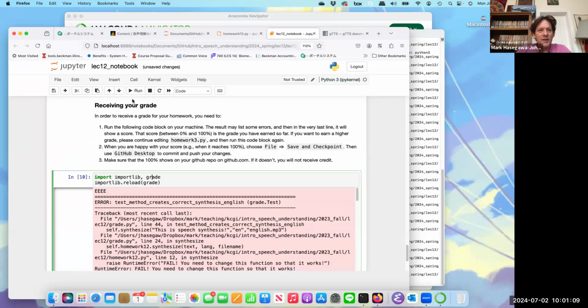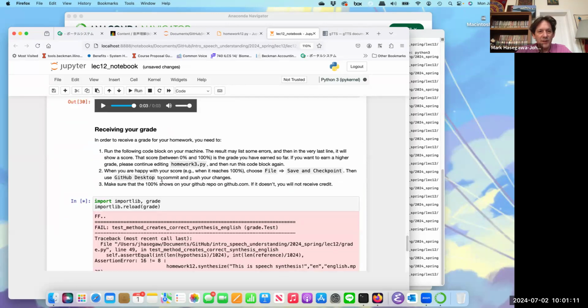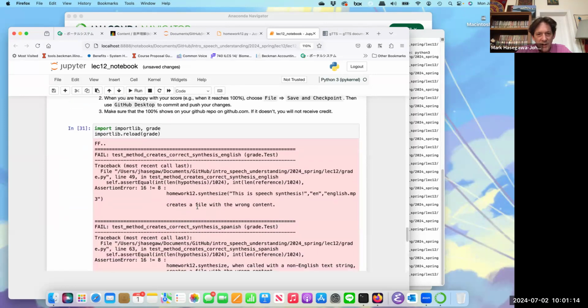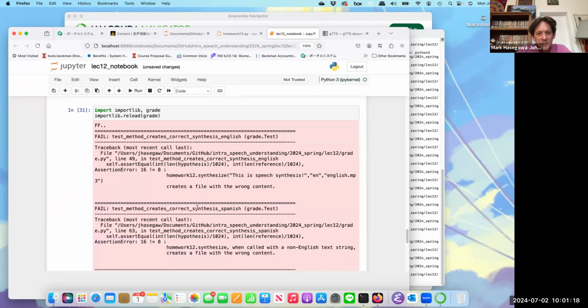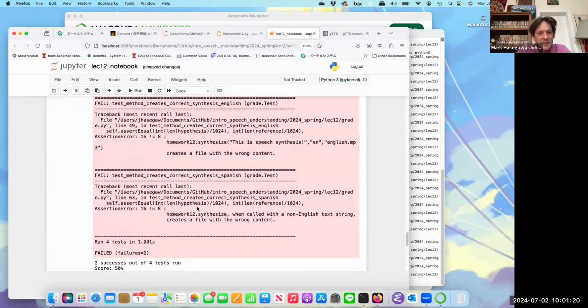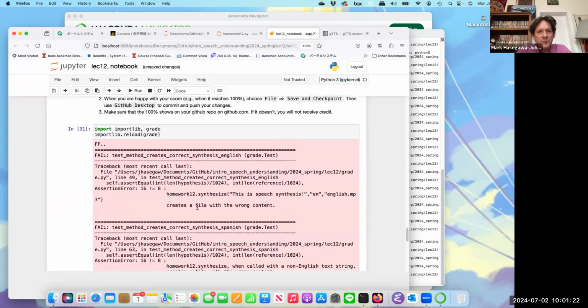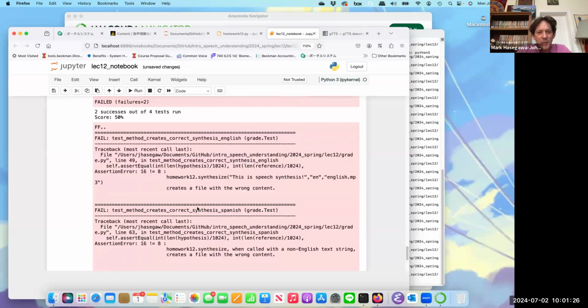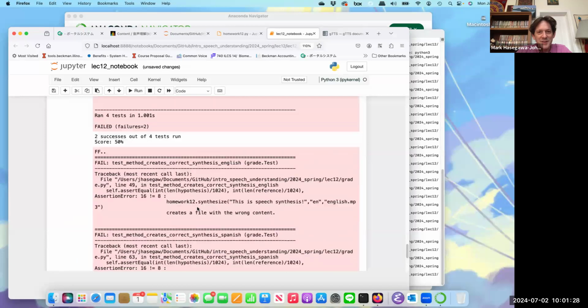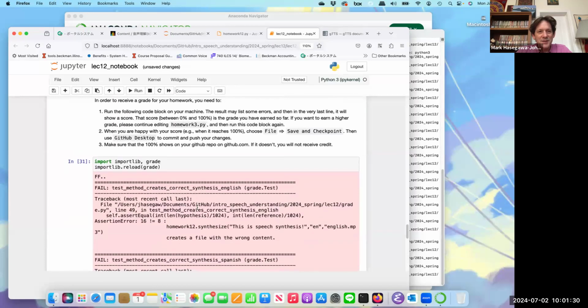And if you have that working, then the automatic grader should work unless the automatic grader uses no, it created a file with the wrong content. Okay, that means that my reference is no longer valid because the package has changed. So if you get 50% correct on this homework, let's call that 100% correct.